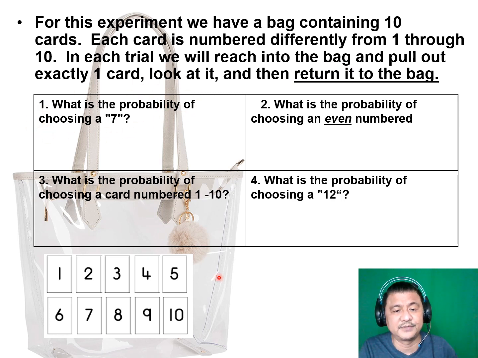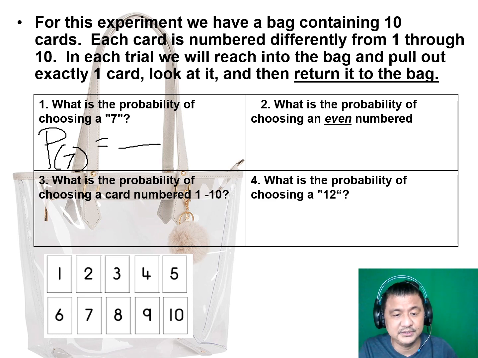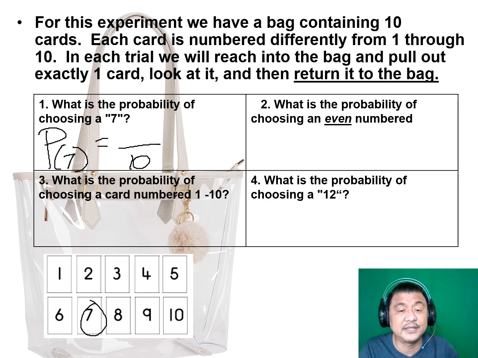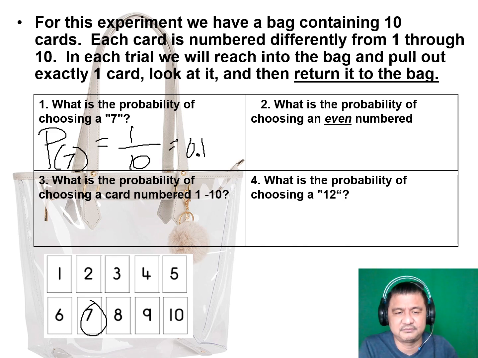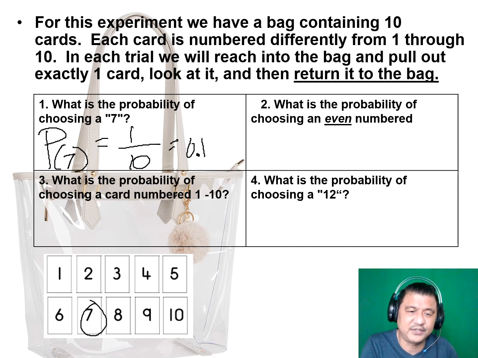Okay, let's start with the first problem. What is the probability of getting a 7? Okay, again, write the P and then parenthesis event. I want to get an event of 7. All right. So at the bottom, how many chances? There are 10 chances below. I don't need to count that. You're looking here. And where is 7? 7 is over there. How many 7s do you see? Just one. So you write 1 out of 10. The probability of getting a 7 is 1/10, or you could write 0.1. Okay, got it? So it's less likely, right? Towards almost not getting a 7, but very unlikely.